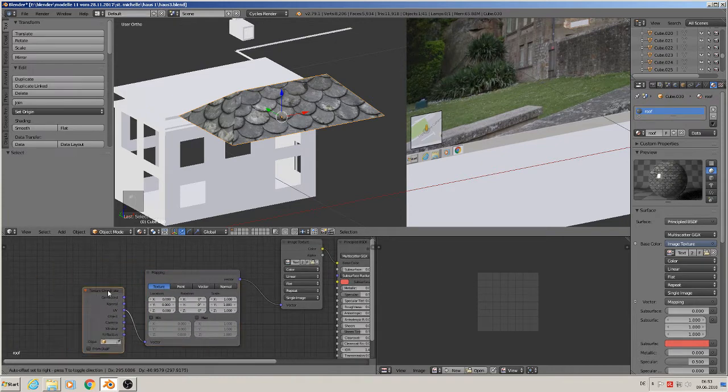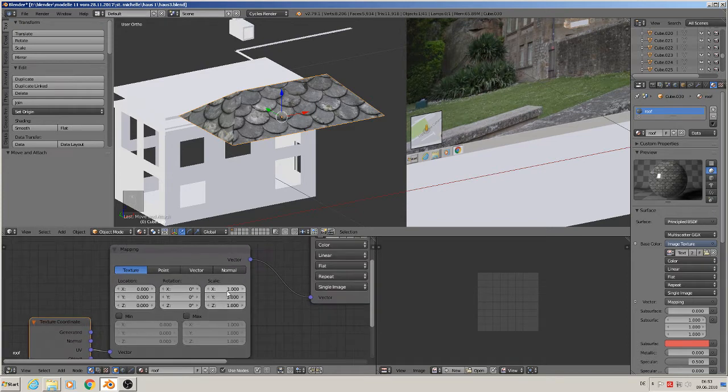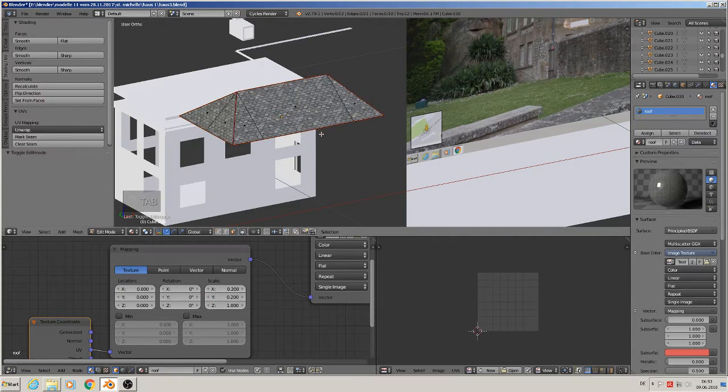So we have that, and now we can change here the scale. When we make here 2, this goes bigger. When we make here 0.2, that goes smaller. So we give them here 0.2 and here 0.2, and we see we have